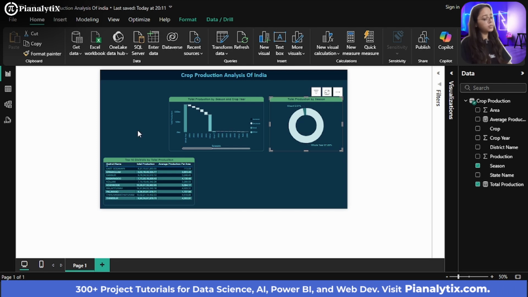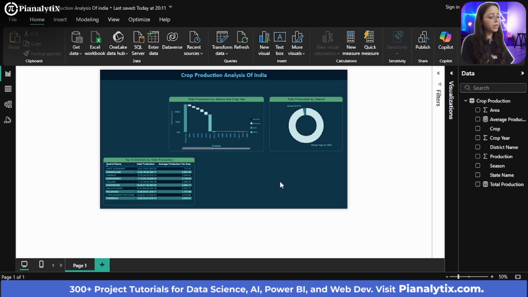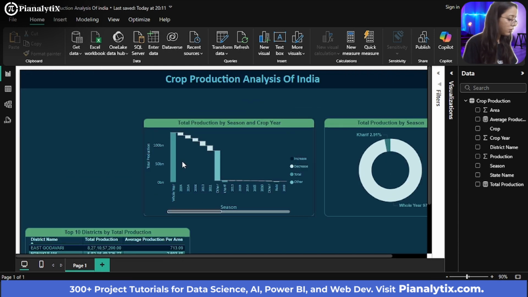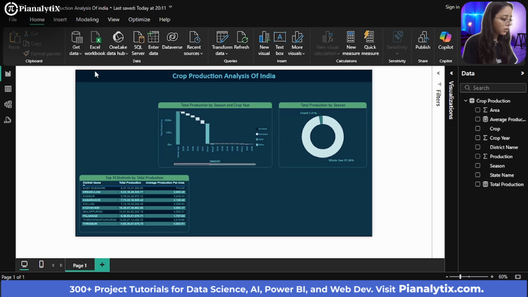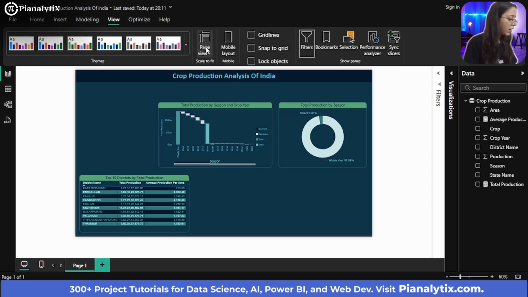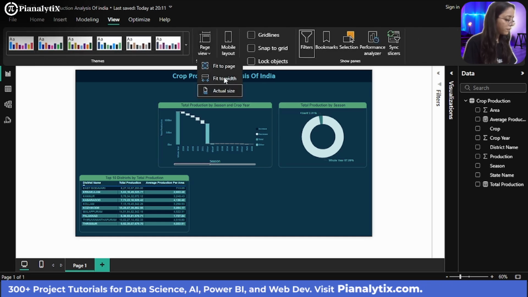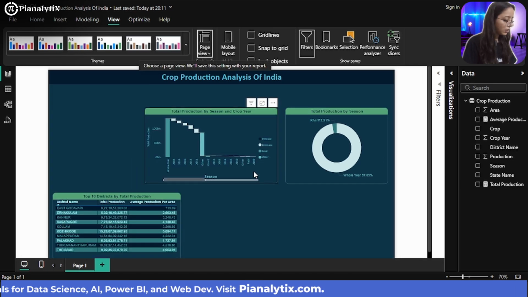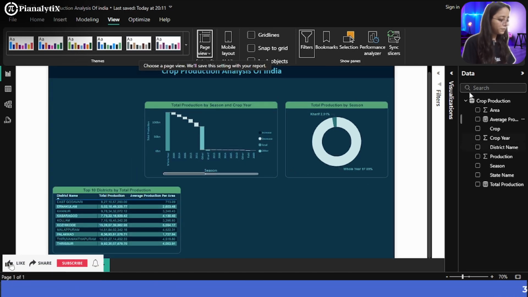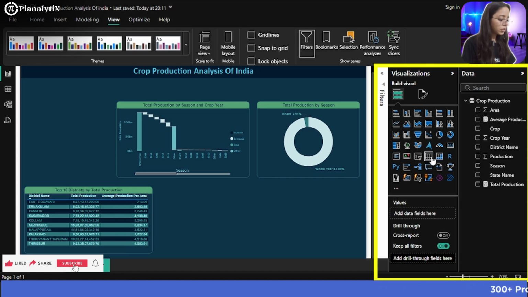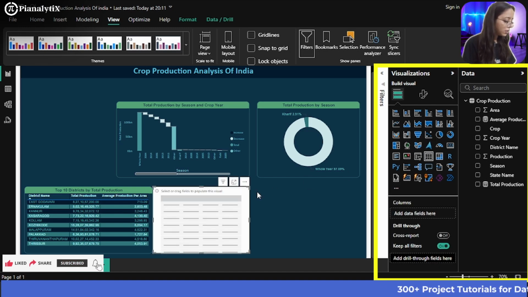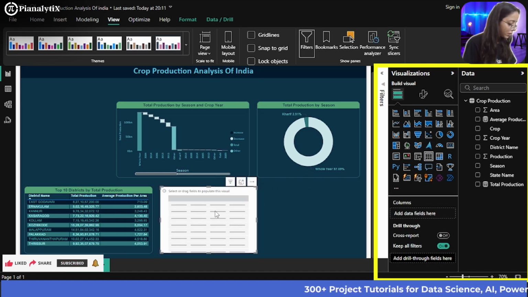Now what you can do is we will also be creating another table here. We will make sure the KPIs are here. My slicer is here. So what I am going to do is, let me just click on the view page here. Either I can click on view, and I can choose a page view here which is fit to width. And let me just resize this a bit. Now I will go to the visualization section, and I will choose another table, and I'll just resize this.